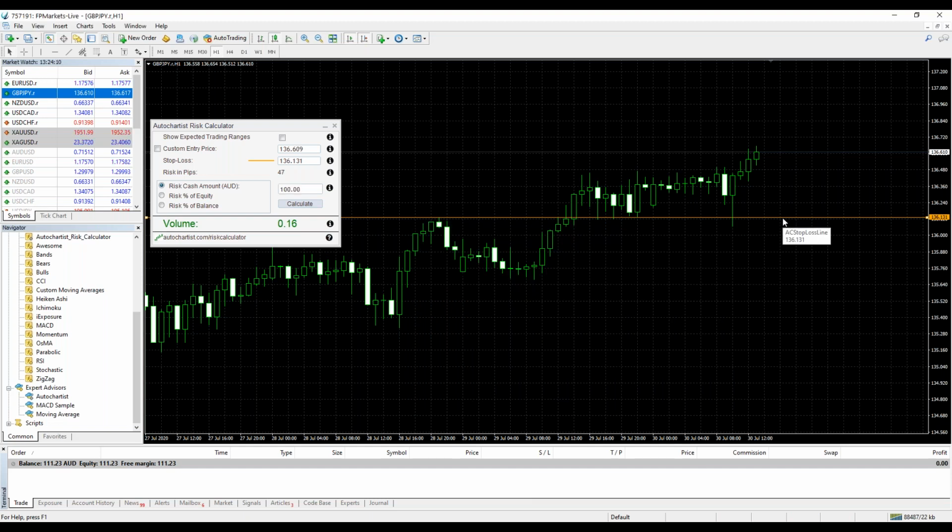Some people move their stop loss around to minimize their risk. Professional traders don't do that. Professional traders choose their level according to market conditions and volatility, and then they adjust their volume to manage their risk, right? So just to give you a bit of a change in mindset, but this little risk calculator does all this kind of conversion for you. It's an awesome tool.